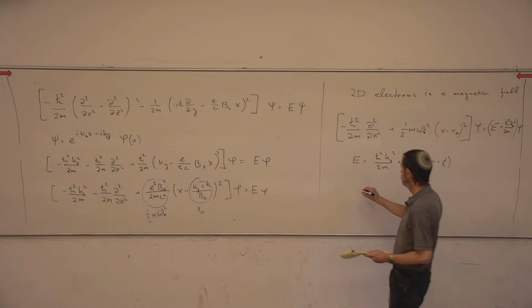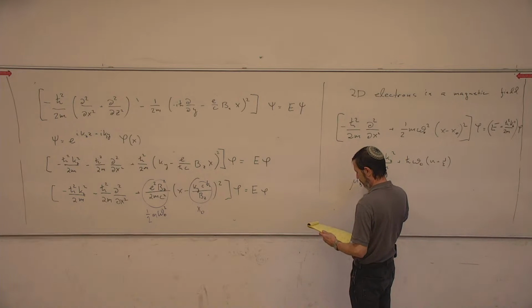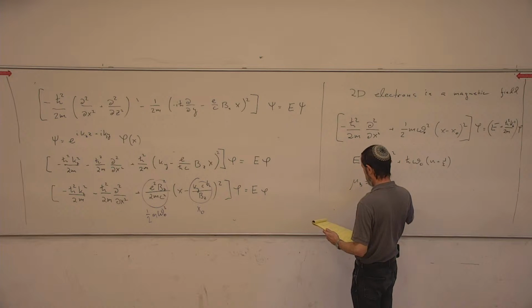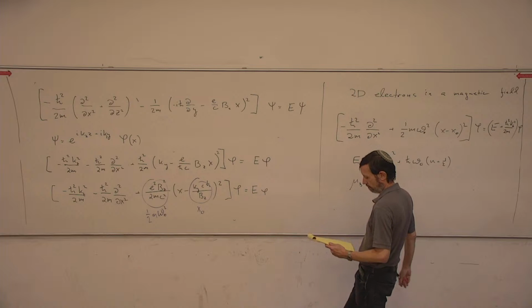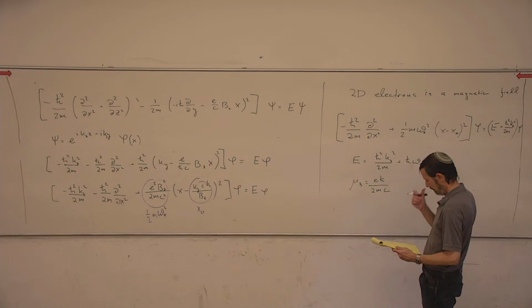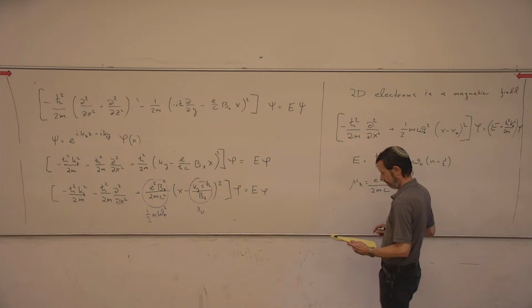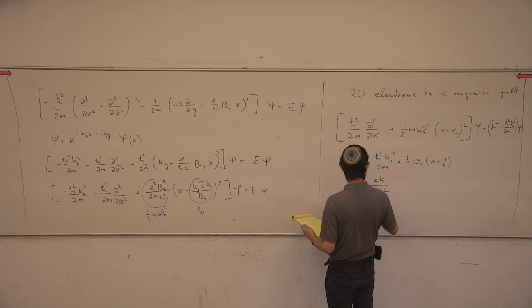Since mu B is equal, I can rewrite it as